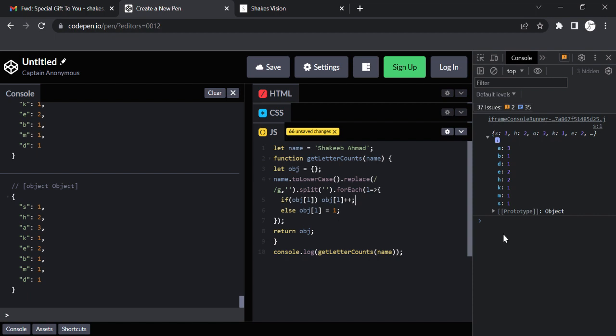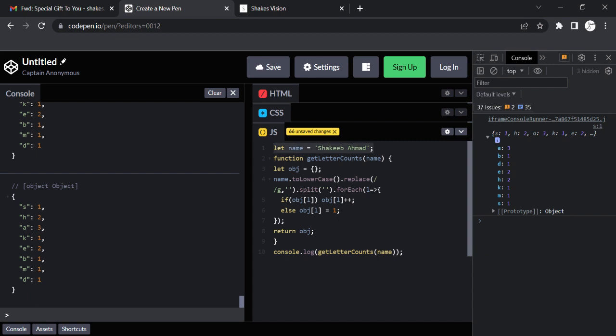Ideally, you should do it using split. So I split it on nothing, an empty string.